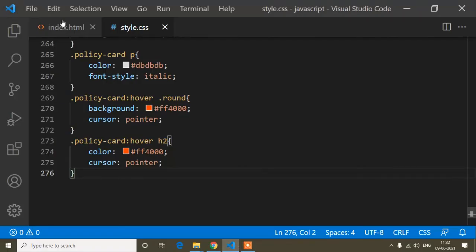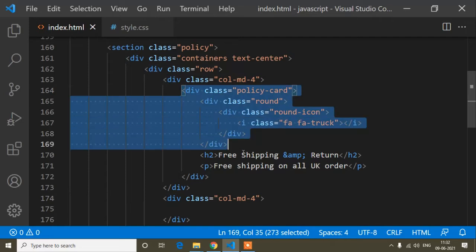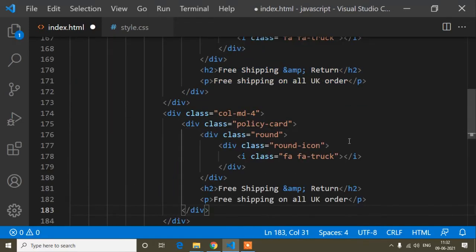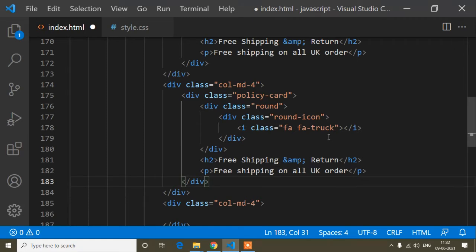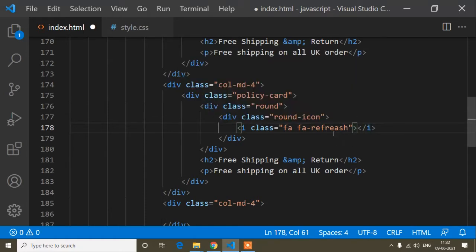So now I will go to the HTML file, and from the parent class up to here, I will paste here. And now I will just change the icon. So the icon will be refresh.